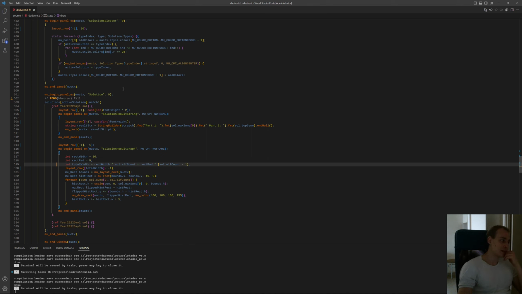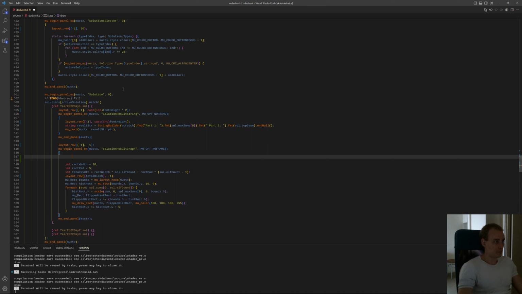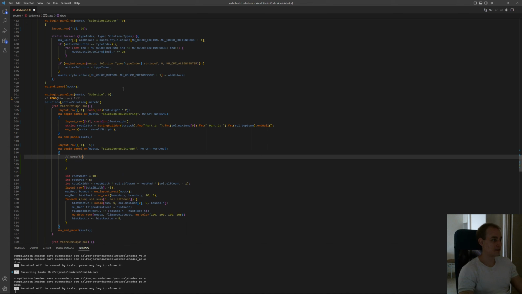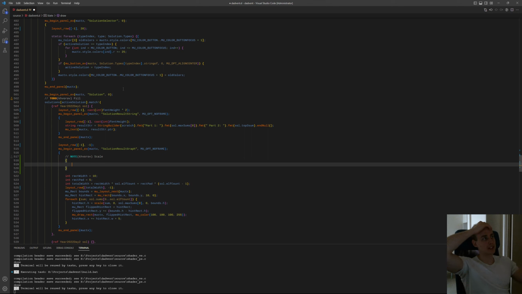Okay, well, so how would we draw the scale? Solution result graph is here, right? So if we were to draw the scale, that would be a vertical line with ticks on it. So, well, that needs its own rectangle. So,